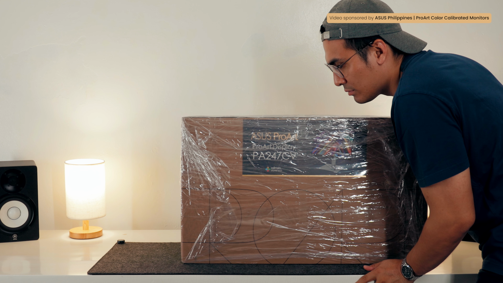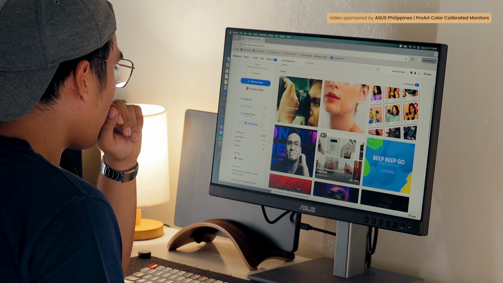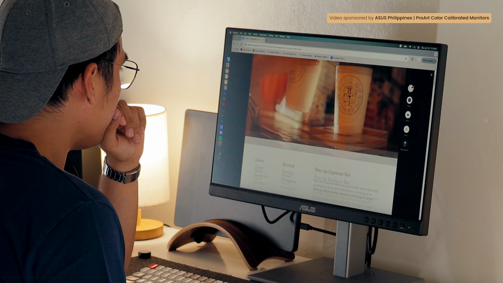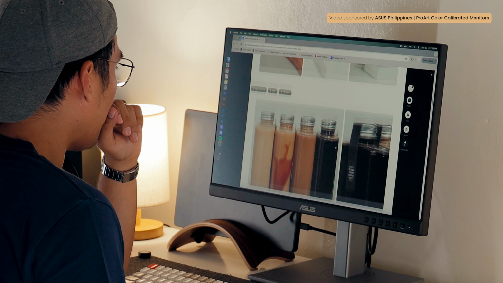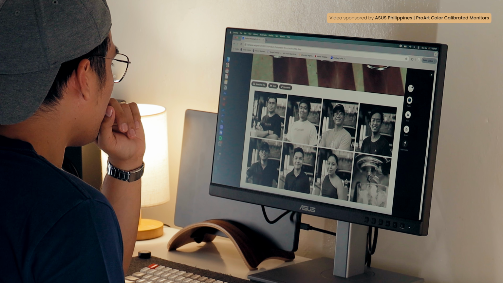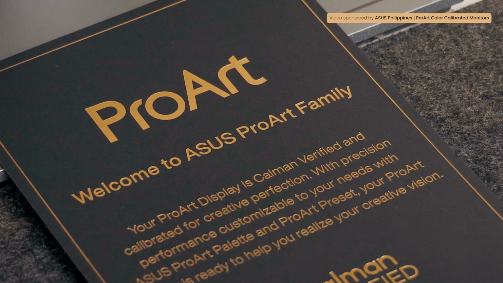And I don't care if kahit saan mo siya titignan kasi I get you guys na bakit pag titignan mo sa phone or sa TV, mag-iiba naman siya. But it's different when you're printing your photos. So it's important to have in your setup, in your environment, you're editing in a blank slate, in a flat profile,